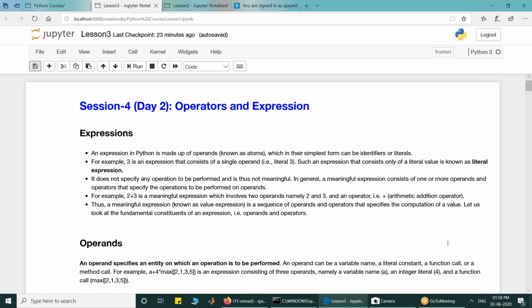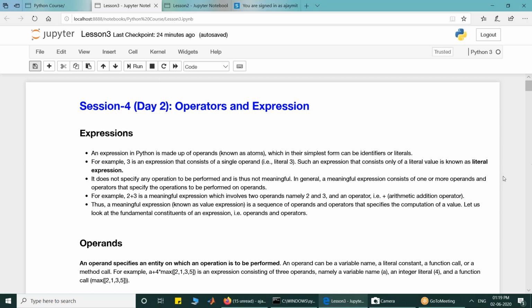Aman, dictionary is a full-fledged topic in the workshop later on. So I have just touched upon that dictionary is a type. I have not discussed dictionary in detail. There is a full-fledged session scheduled, so that would be covered there. As a type, I have just told you that dictionary is a mutable sequence. That is my only objective. We have just listed it, and there is a full-fledged session on it.